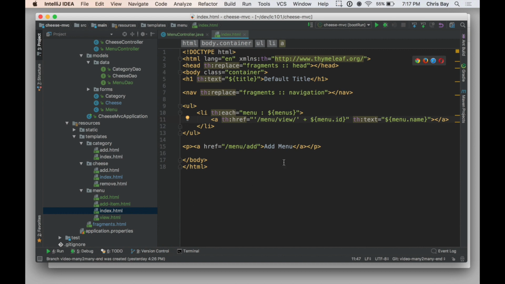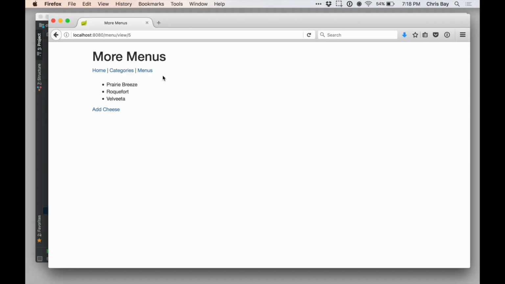All right, and so this will loop over the collection of menus. And for each one, it provides a link to that menu view. So we see that that URL is going to be built out of taking this string, /menu/view/ and then adding the menu ID. So we see that when we were looking at a particular menu, we had a URL of